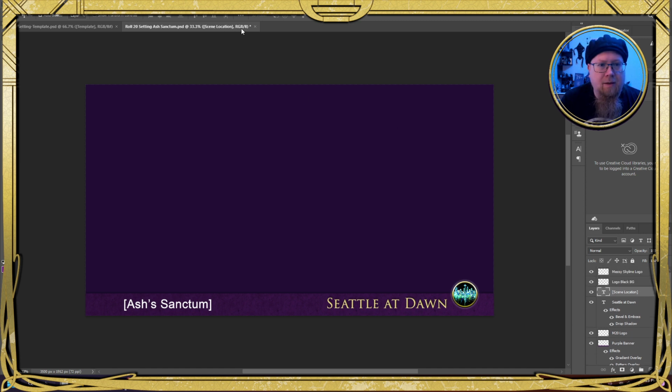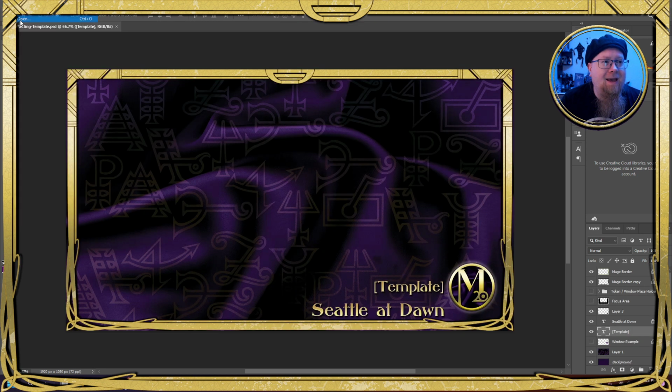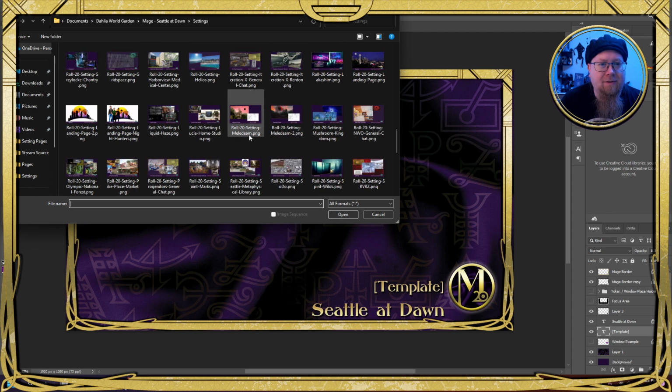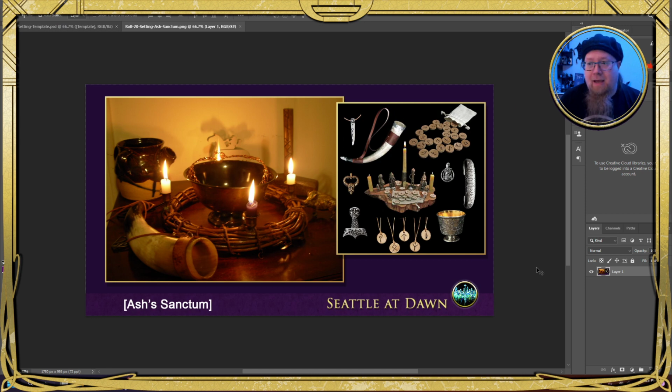Oh, I don't have it. Let's see. Let's do it this way. I don't know what happened there, but I do have this. Okay. So Ash Ravendor, aka Griffin Claw, aka just an awesome mage character, is an Astaru style Verbena who does rituals for herself and has her own little altar space in her sanctum. So we kind of created this page to represent that, and I like it.